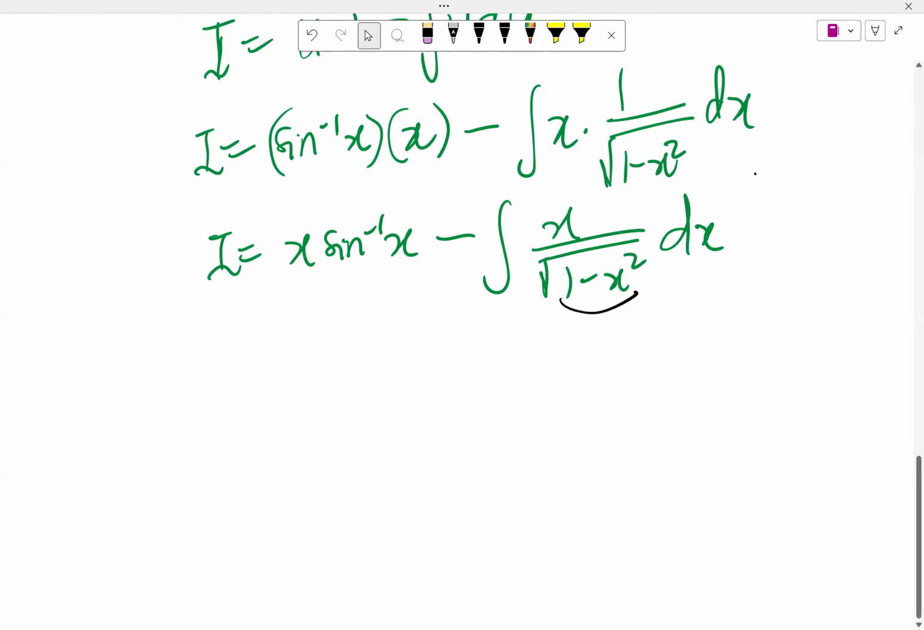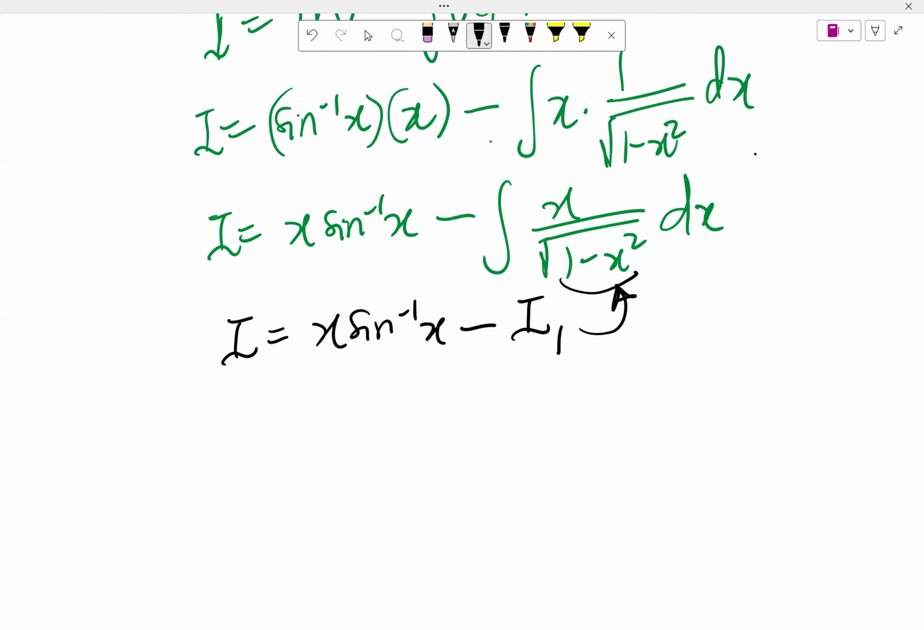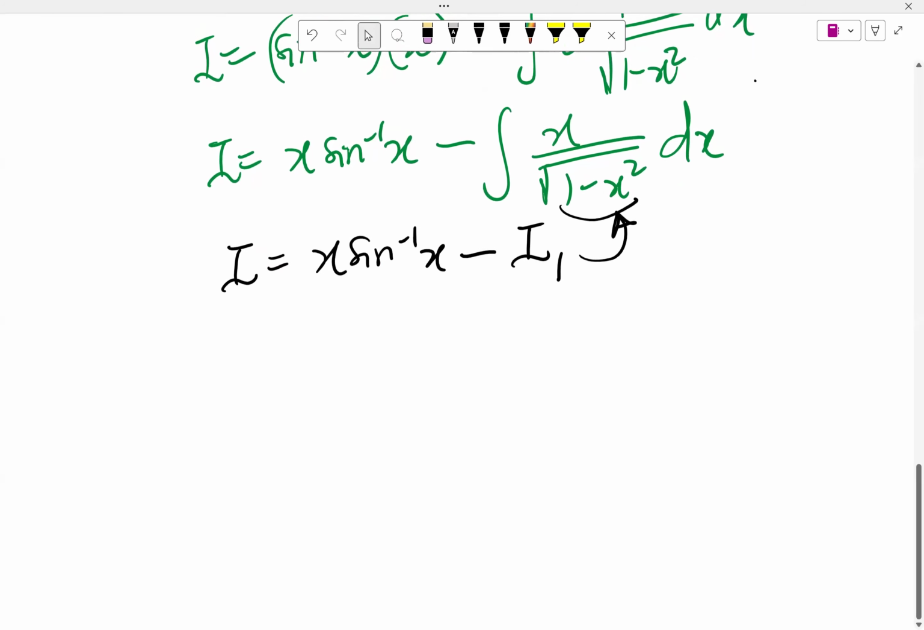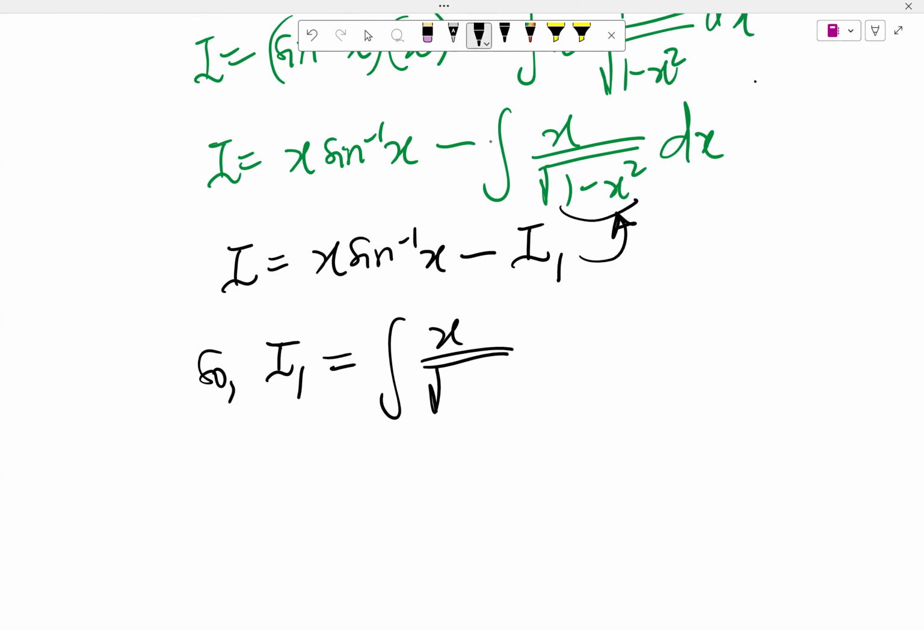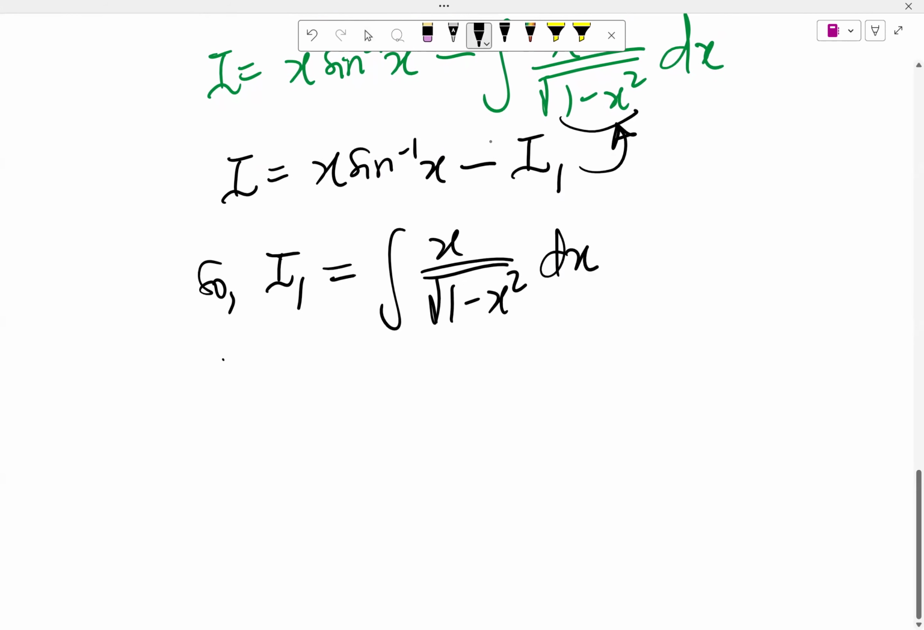So now our focus, to tell this apart, we can now say I is x arcsin of x minus, then we can call this I1. So it means that this integral is I1. So I1 now is equal to the integral of x over the square root of 1 minus x squared dx. So again, you start another journey altogether. We've used u before, we've used v. So let's go